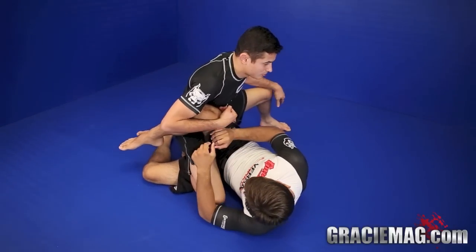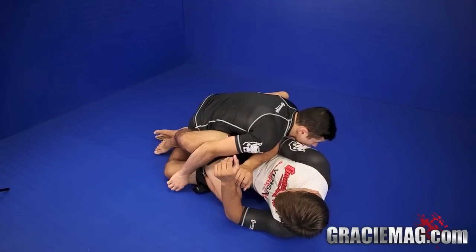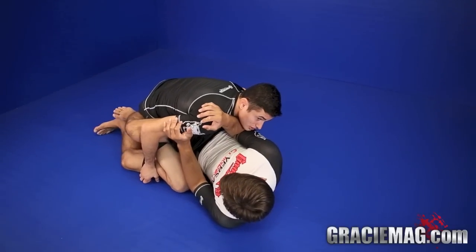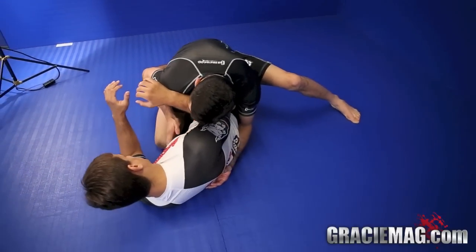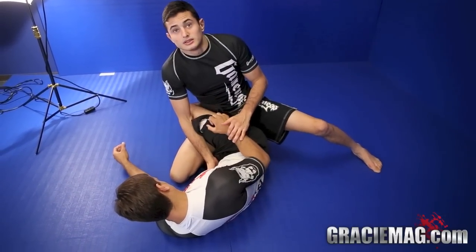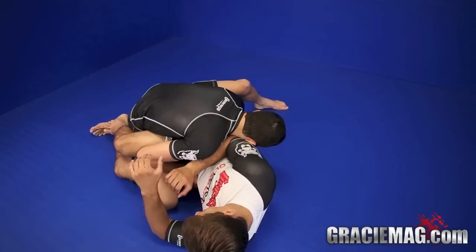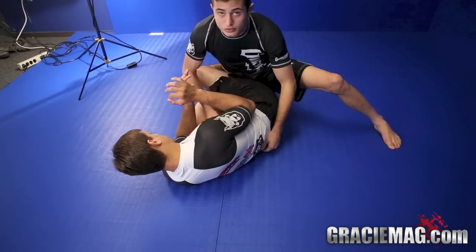But at the same time that I'm pushing myself here, I have to pull the knee against my hip and push it really tight, okay? So as soon as I'm here, look, I'm pulling and then pushing very tight towards my hip. Now my hand is gonna come underneath here to this side, and I'm gonna hold the lowest possible on his body, and the other hand is going to do the same thing, the lowest possible on his body. Always connected,